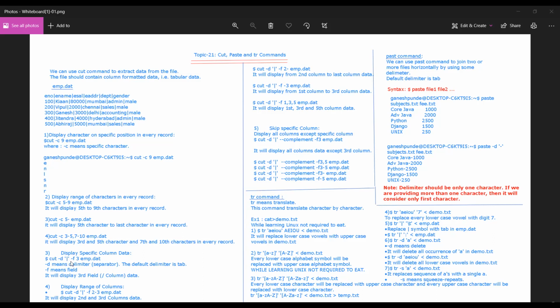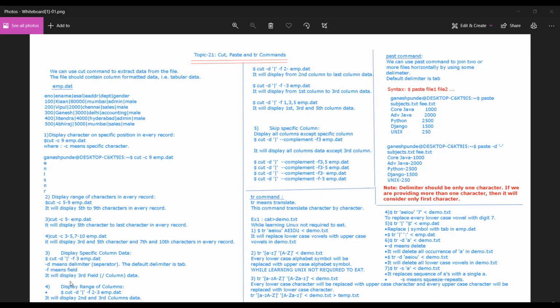Here I specified the pipe character, right? So it will display the third field, or the third column data, separated by the pipe operator.